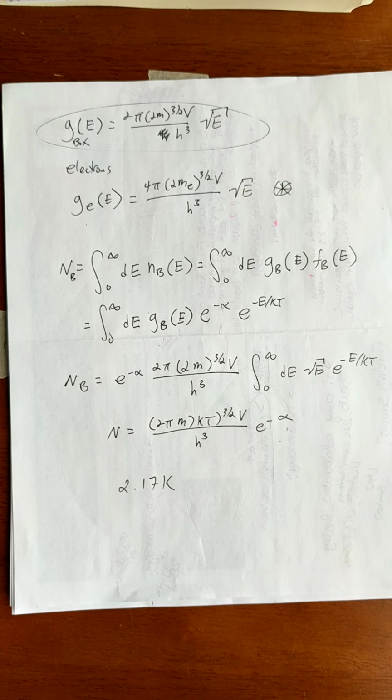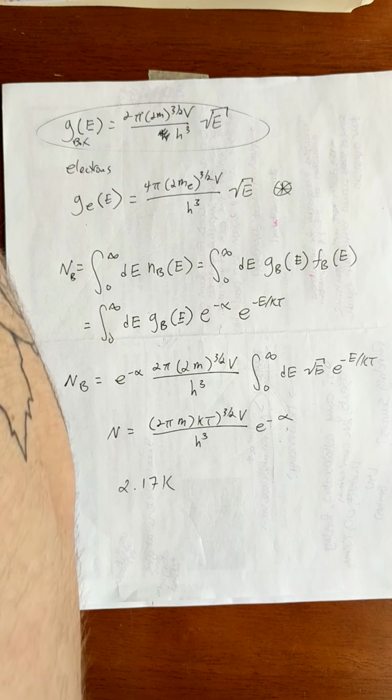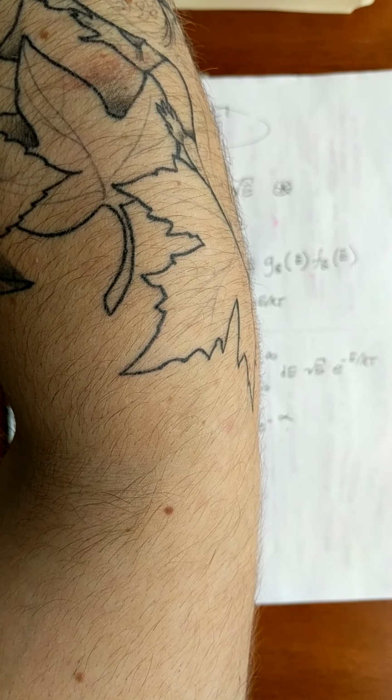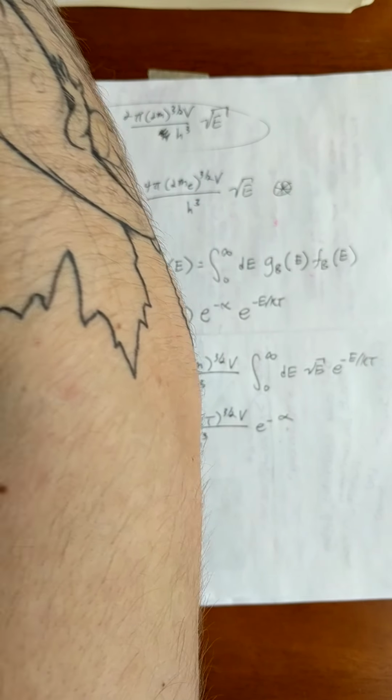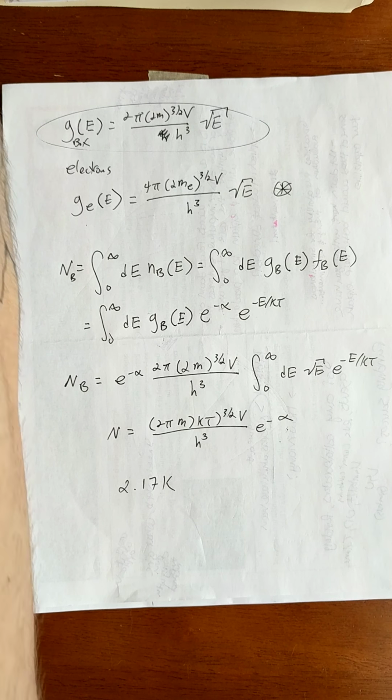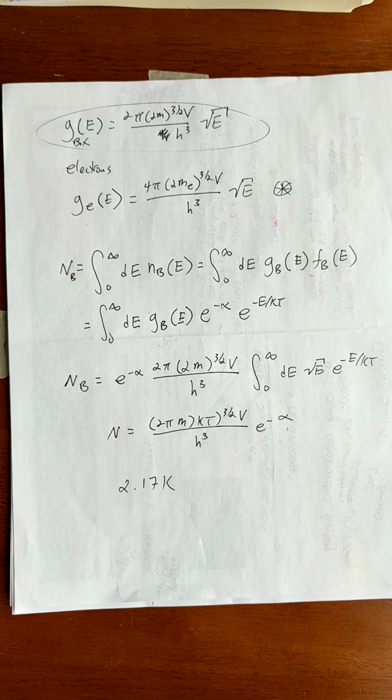Where did I put it? Oh, I didn't even write it down. That's weird. Okay, so we saw from before, when we were doing that example, that if we took a helium gas at